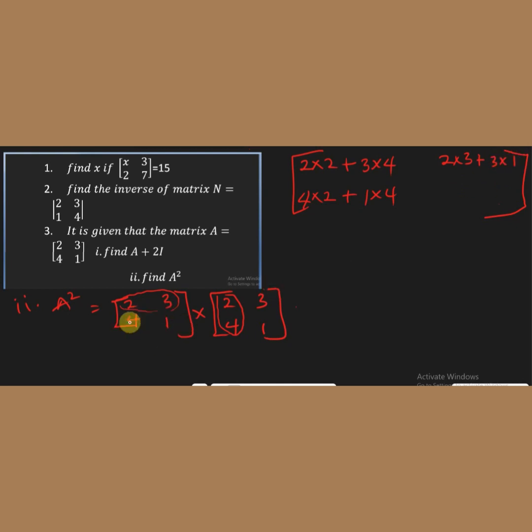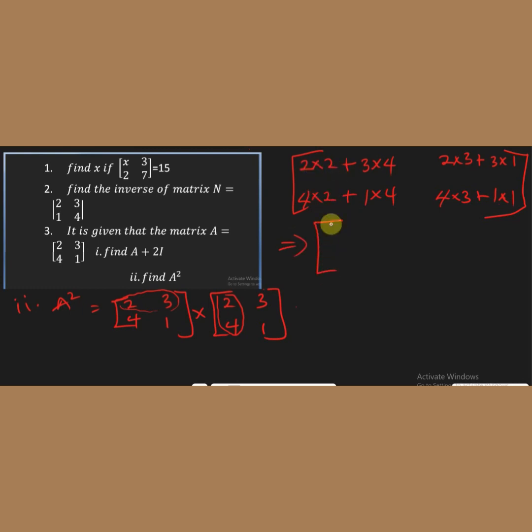Then this one will go and multiply this one as well: 4 times 3 plus 1 times 1. Okay, so this is going to be equal to